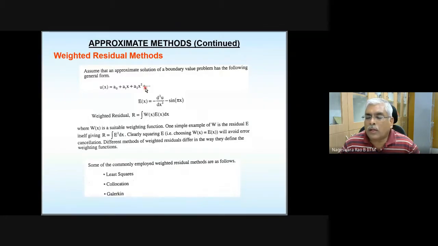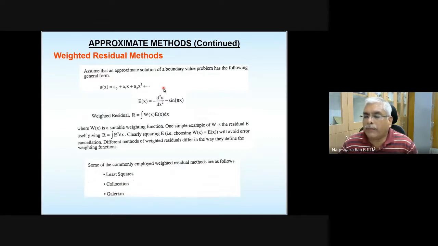If you don't know, or if you have forgotten what Pascal's triangle is, you go to Wikipedia and try to find it out. Whenever you choose a polynomial, if you want your trial solution to be a third degree polynomial, you need to include all the lower order terms. You need to include the constant term, which is A0 here, and a linear term, which is A1, and A2 is the quadratic term, A3 is A3 x cube.